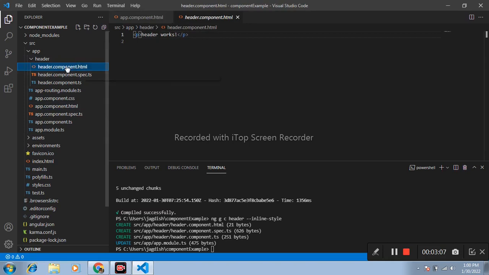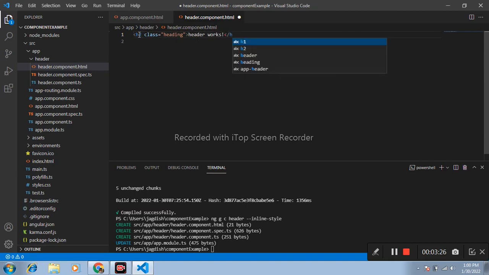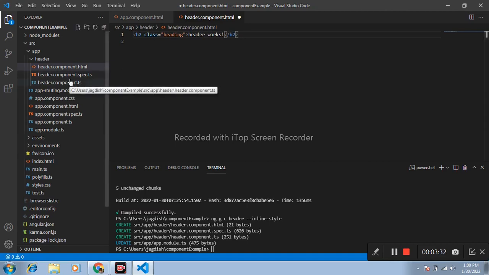Open header.component.html file and simply write here p tag to h2 tag with class heading. After that open header.component.ts file